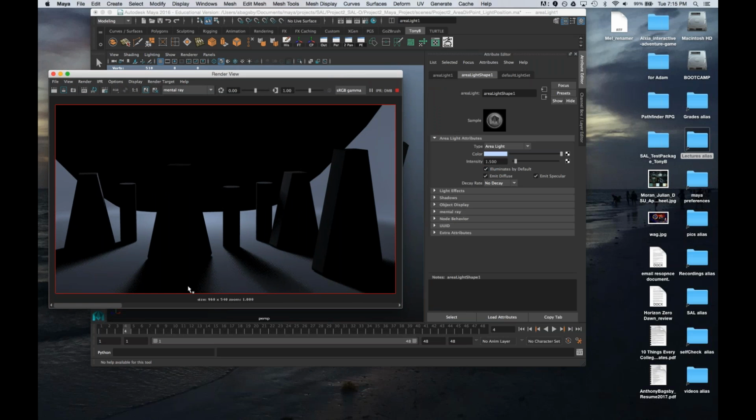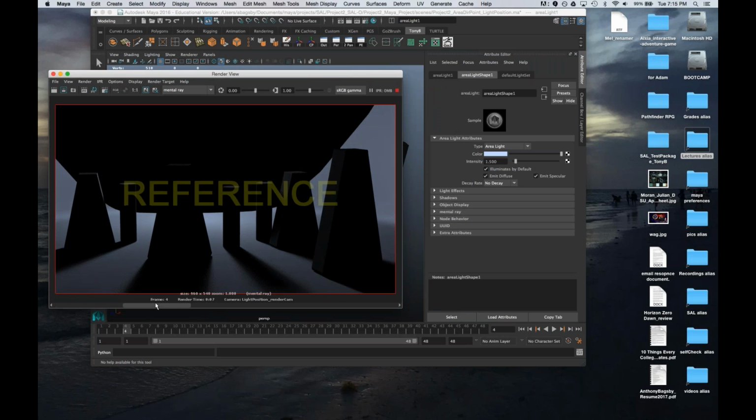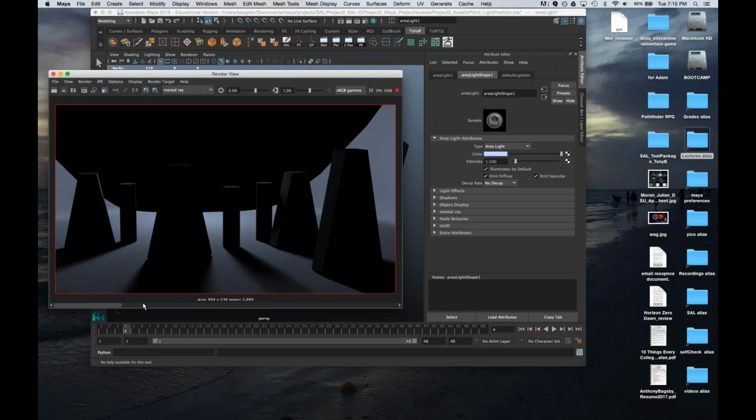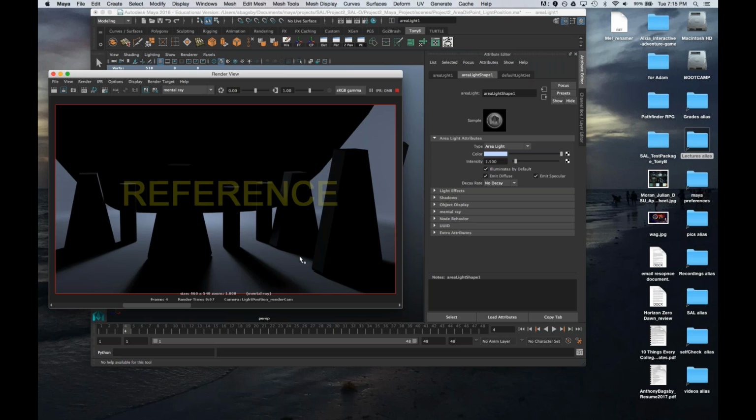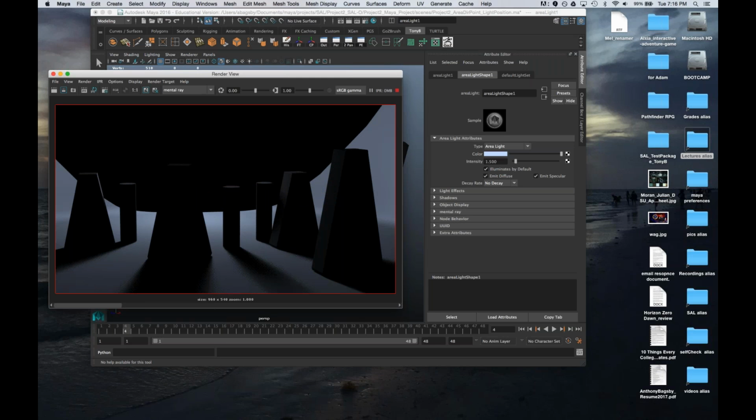So, next up we adjust the darkness of the shadows. I think they're pretty good. Getting your light position right a lot of times will nail this down for you, but this just sometimes tells you if you have to move your light further away or adjust the decay. Ours are pretty good, so I'm going to leave this on no decay.